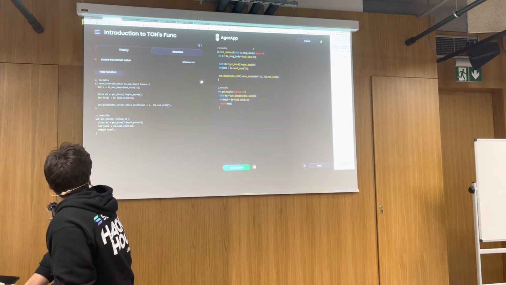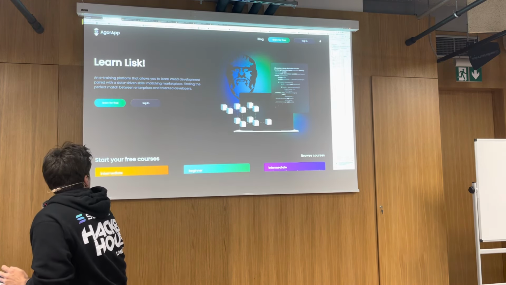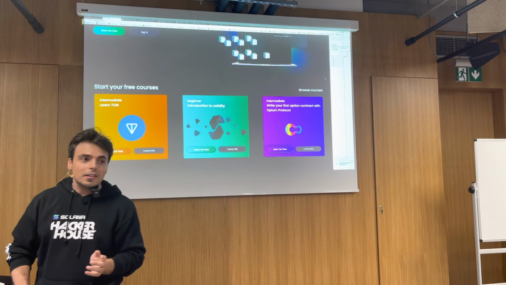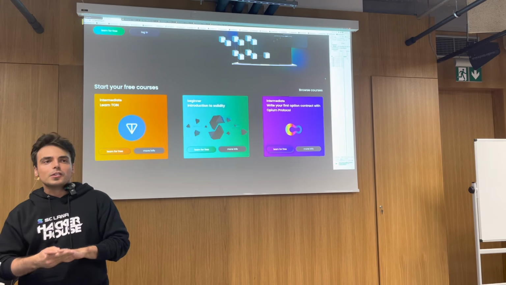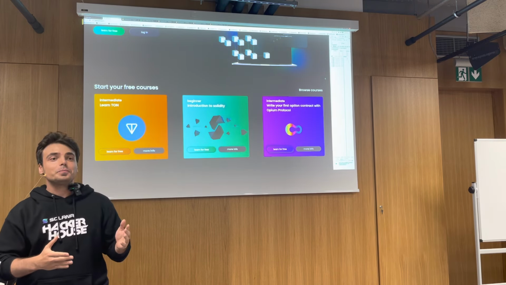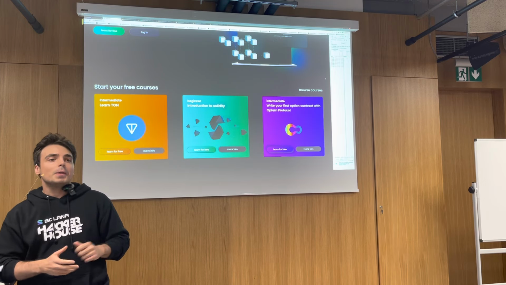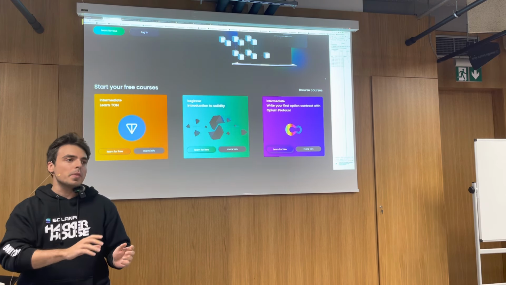If anyone was paying attention to the landing page, you might have noticed that there is also an EVM environment with Solidity. So it's not going to be just TON focused, but not because I'm not particularly enthusiastic about TON. I guess I am, absolutely, but it's because developers are not in a bubble.